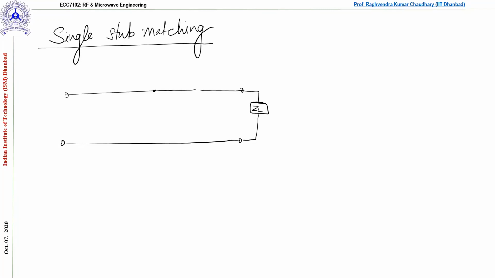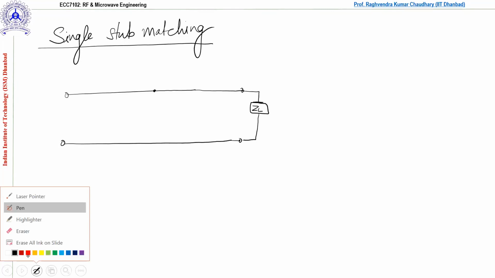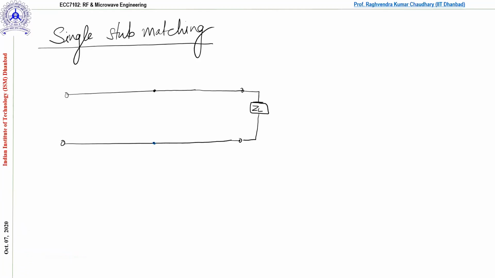And at some location on the transmission line, because we have to match the system. Okay. So let us say the characteristic impedance of the transmission line is R0. Okay. And in this way, we can also define some things like YI, input admittance. Okay. And it's supposed to be equal to Y0, 1 upon R0. Fine.